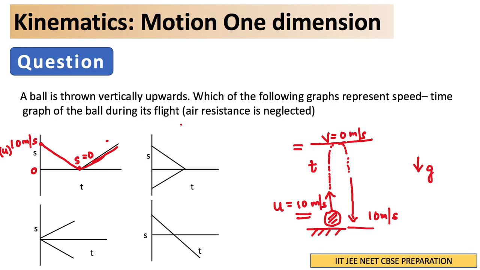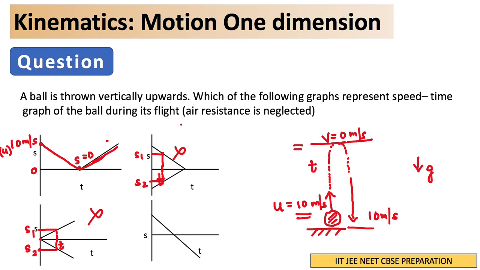So this is fine, but one more interesting thing is that, from the previous question, we have seen graphs b and c, and we know that at any point t you cannot have two values of speed. Here, if you see, we are having two values, one is s1 and one is s2. So this graph is definitely wrong. And if you look at graph c again, at any time t you are having two speeds, this speed s1 and this speed at this point s2. At any time only one speed is possible, so this graph is not correct.